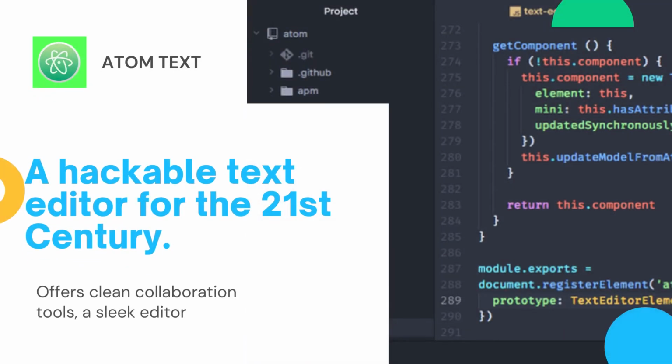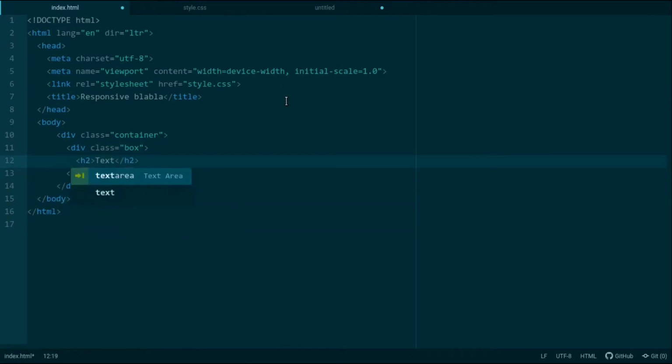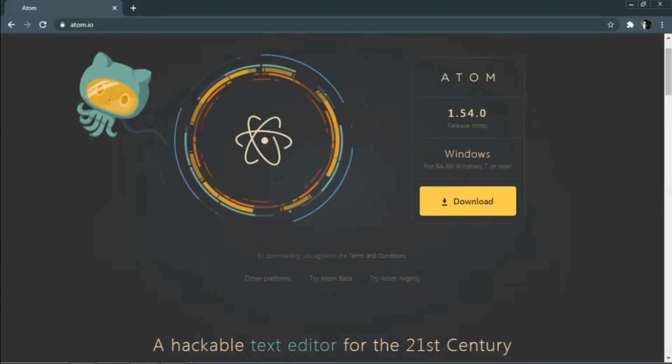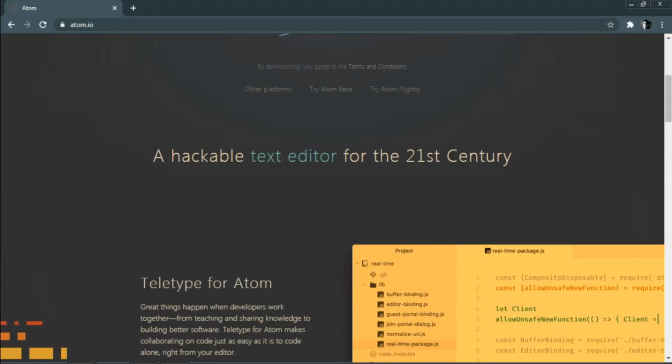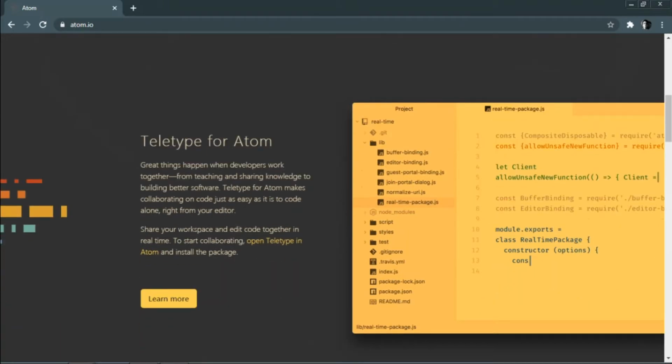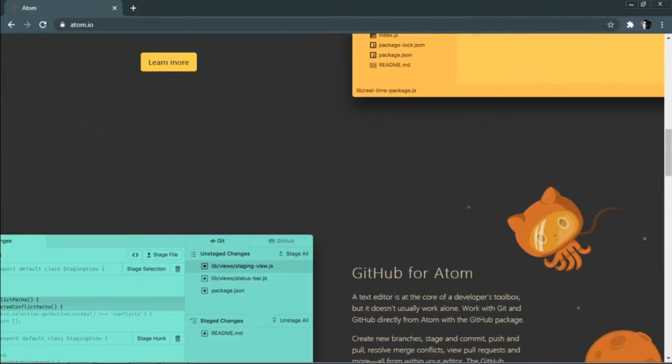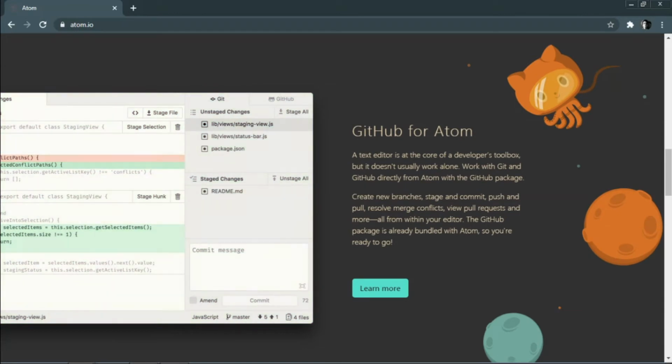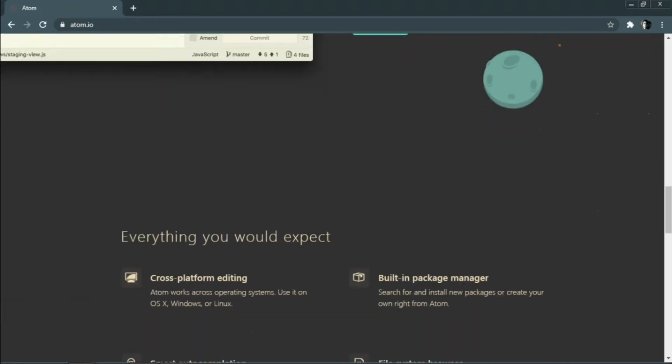Third on the list is Atom Text Editor. Atom, a project started by GitHub and thus now owned by Microsoft, has established itself as one of the premier code and text editors out there. The best part is that Atom is totally free, open source, and highly customizable. Built around a minimal core, Atom comes with multiple language-specific packages built in. Atom is as robust as you need it to be. If the editor doesn't do something you need, you can create the feature yourself.